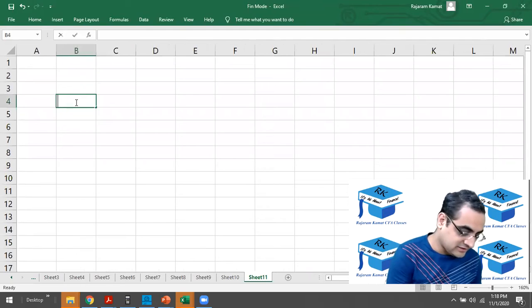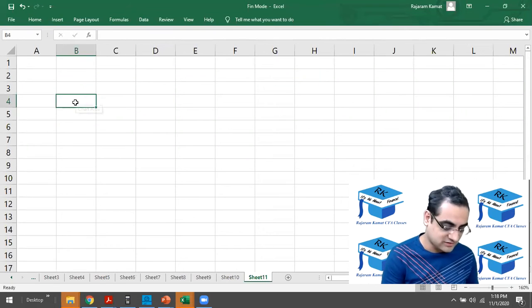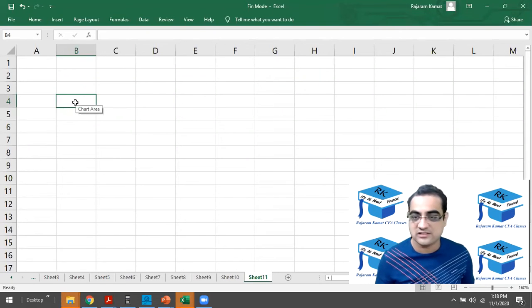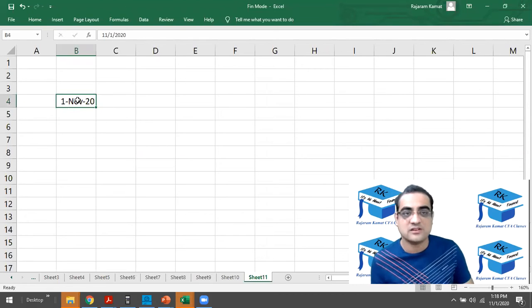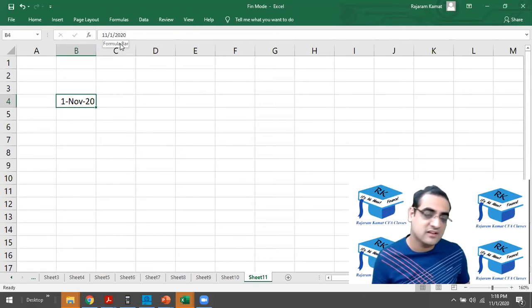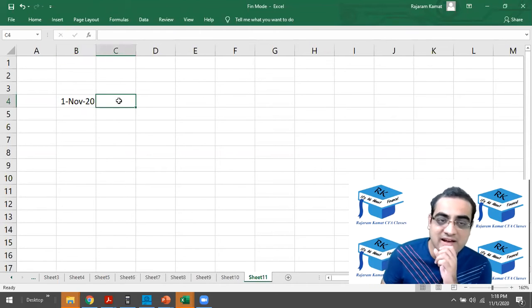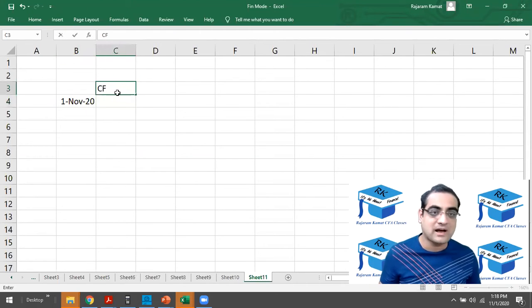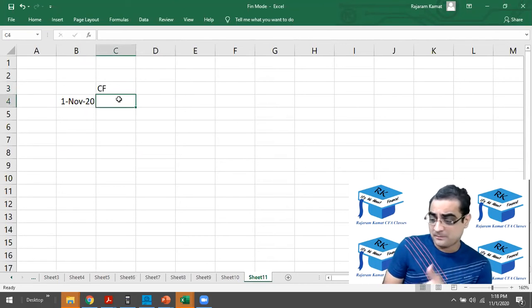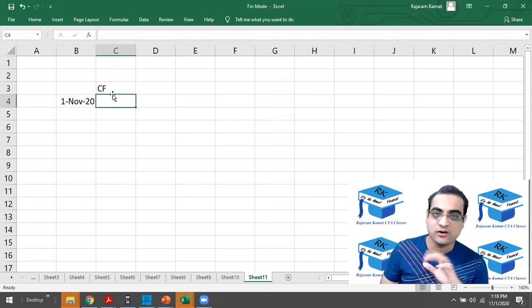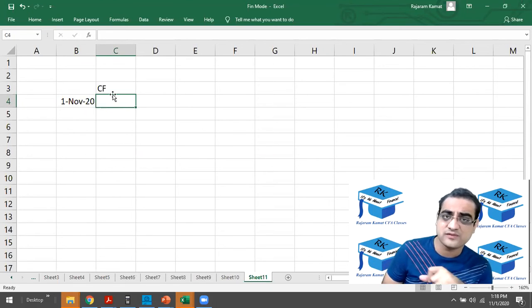So let me take a date. Let's say today is November 1st, 2020. All right, November 1st, 2020, in MM/DD/YYYY format. Let's say today I have to buy a laptop, web camera, mic, keyboard, stylus pen, etc. और इसका सबका खर्चा होगा let's say 150,000.